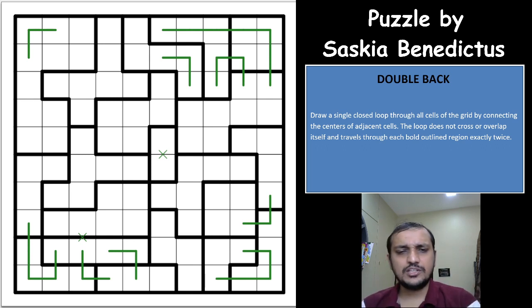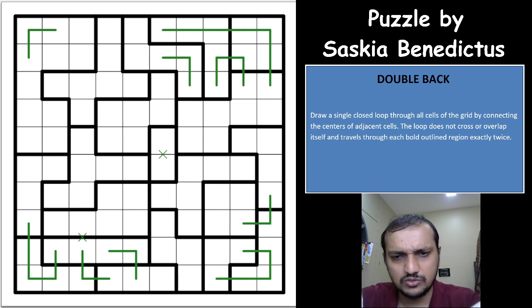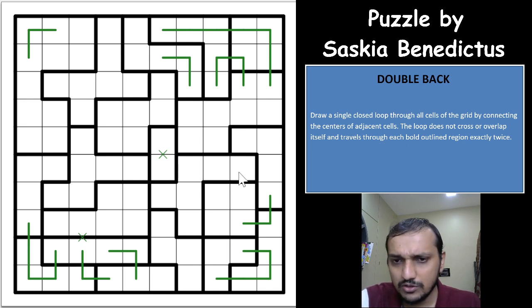So whenever you have a T-shape region, and I can see there is a T-shape region here, a T-shape region here, a T-shape region here, whatever be the case, the other part of that region, so for example this is a T-shape region, and this is the other part of that region, this would have to be a single loop segment. So you cannot have